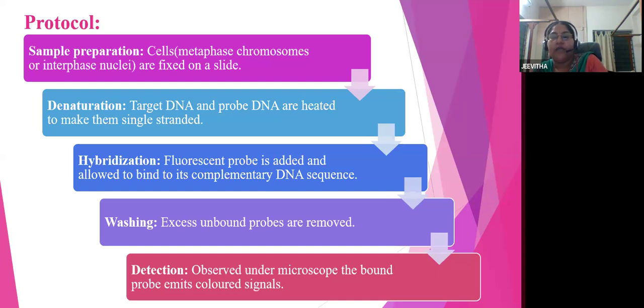Once the probe DNA and target DNA are attached, we wash off the excess unbound probes using a buffer, and then the slide is viewed under the microscope to check for signals so that they can do the diagnosis for